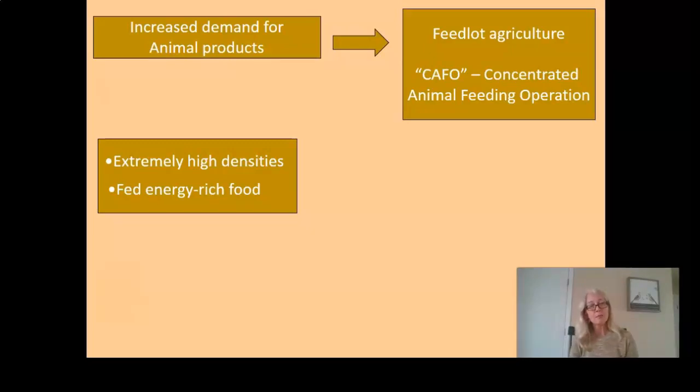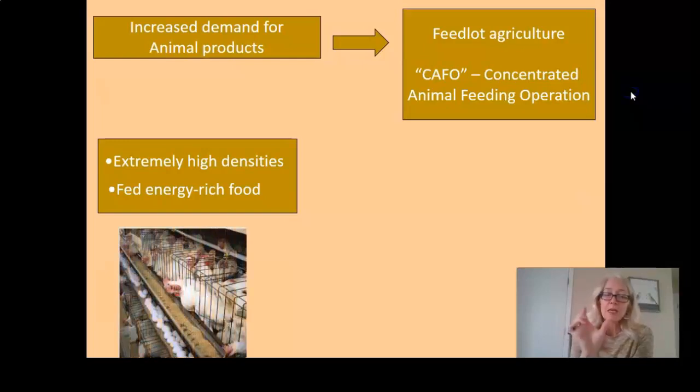CAFO is an acronym, and the acronym stands for Concentrated Animal Feeding Operation. So I want to pause here and make sure that we understand that these feedlots, these CAFOs, are not farms, right? They are feeding operations, and it's really an important distinction to make. So what we've been able to do is to take a piece of land and produce more meat per unit area, say per acre, or let's be more metric, per square kilometer,